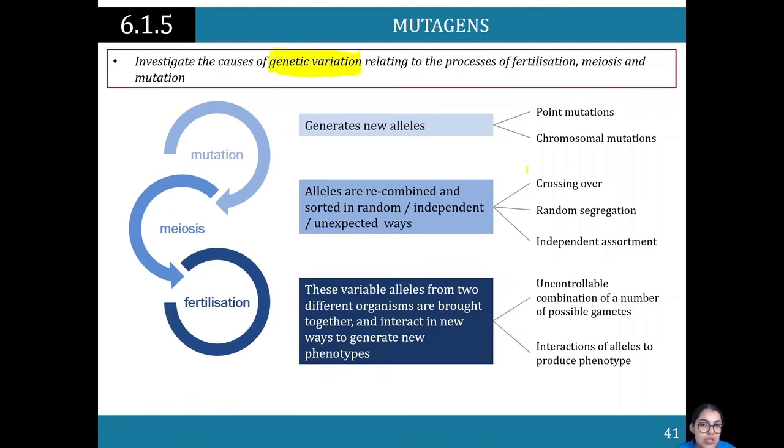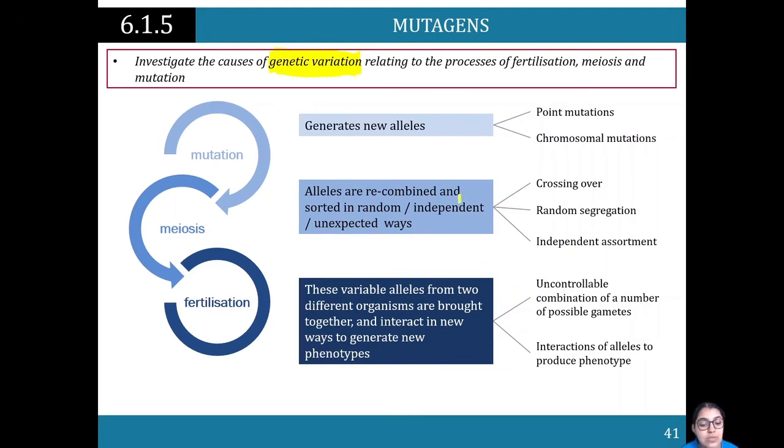So we want to now talk about how through these different processes genetic variation is achieved. Mutation leads to the creation of new alleles through point and chromosomal mutations. Even if those alleles may not be the most beneficial, it still leads to the production of those alleles. Meiosis